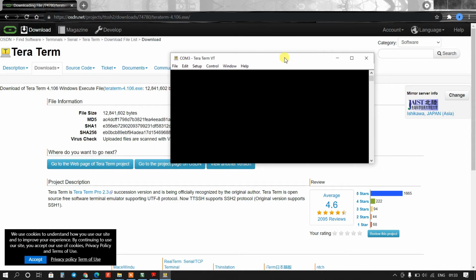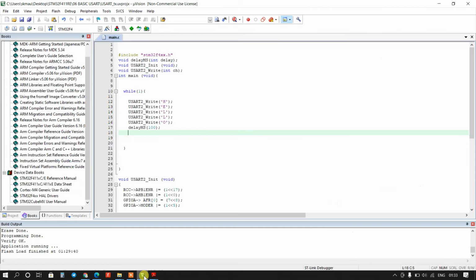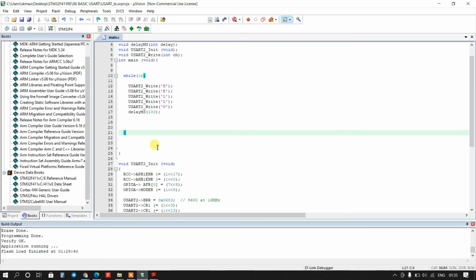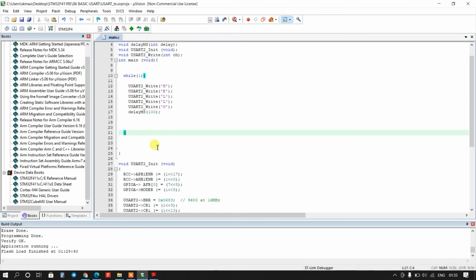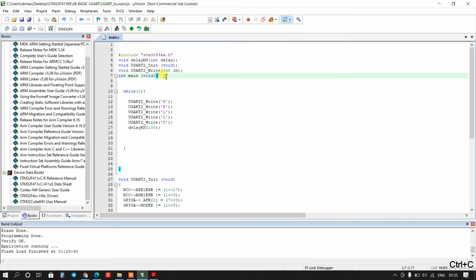data is not coming, so we have to debug this program once. Here I am making a mistake. Okay, we have to call this function in the main function.